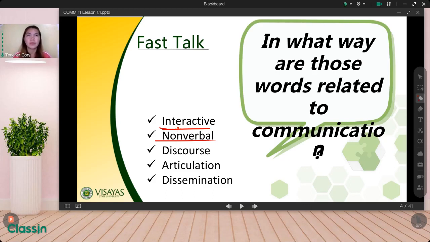If we are talking about a specific or central idea, and we explain it, give examples, and reason it out, that's already a discourse. And then articulation, of course, when we are involving words, spoken or written, we try to articulate those. That's why it's also essential to enhance your articulation,